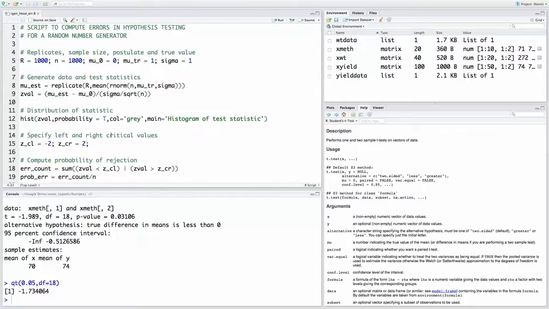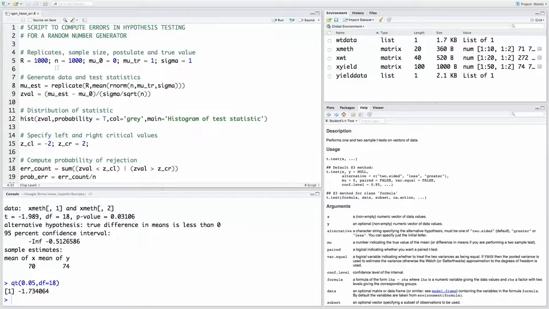We will assume that H naught is true, that is, indeed rnorm does give me numbers from 0 mean. So, what we shall do is the same thing that we did in a few other examples previously. We use a replicate command to repeat our experiment of drawing the numbers from this Gaussian population.